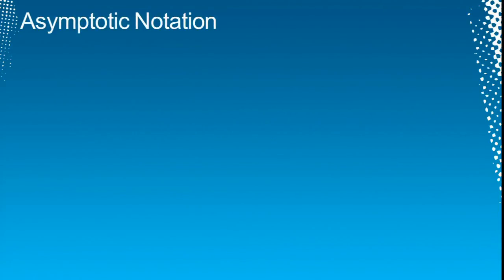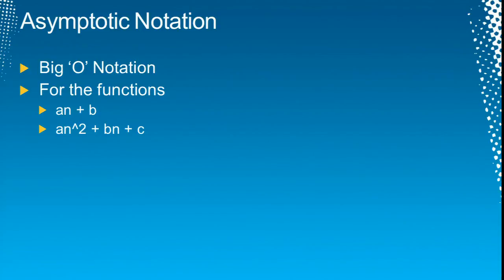We're going to use something called asymptotic notation. How many people have heard of asymptotic notation? A few people, excellent. It's also called big O notation. Who's heard of big O notation? So more people. And that's the more common name. So big O notation. What we can actually say is we can make the argument, and it's actually true, that for functions in these forms,